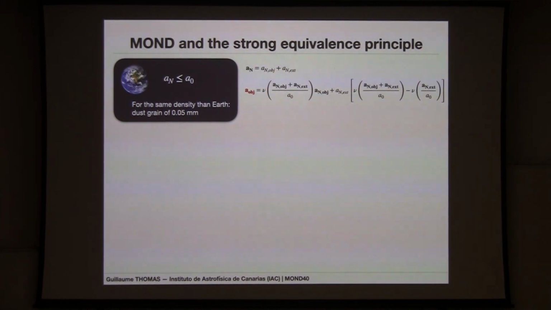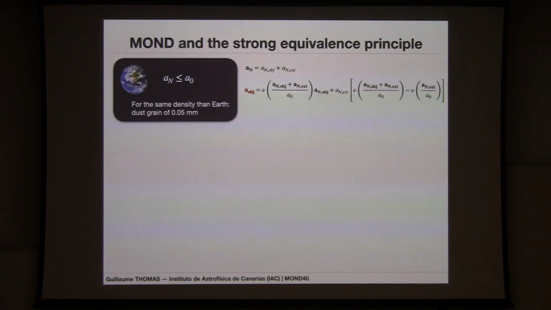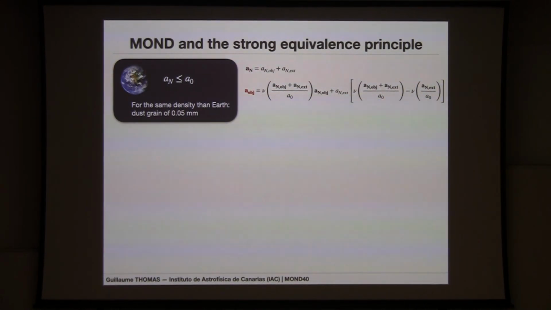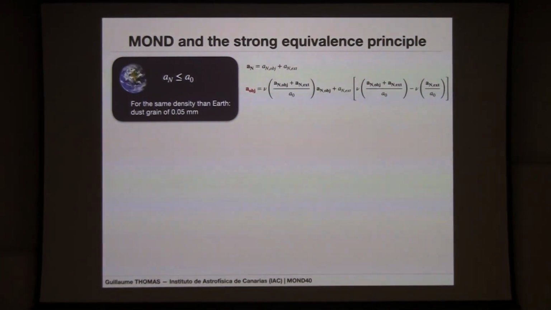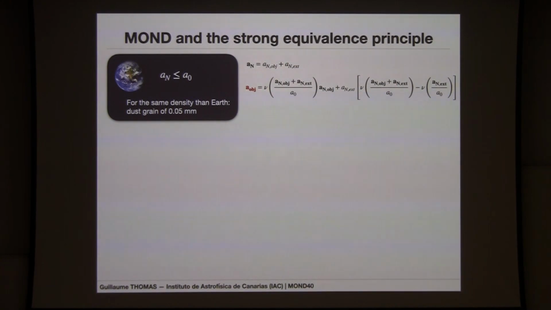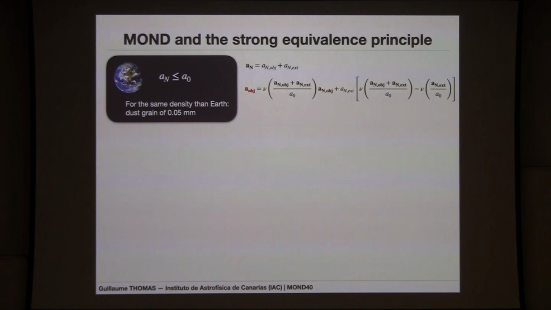In MOND, it is slightly different. Why? Because the amount of boost that is produced by MOND is given by the total amount of acceleration. So when you have a two-body problem, which is the case here, for example, you will have the boost produced by the Newtonian acceleration produced by the object, and the acceleration produced by the external field, in that case the galaxy. And that's really easy to understand.